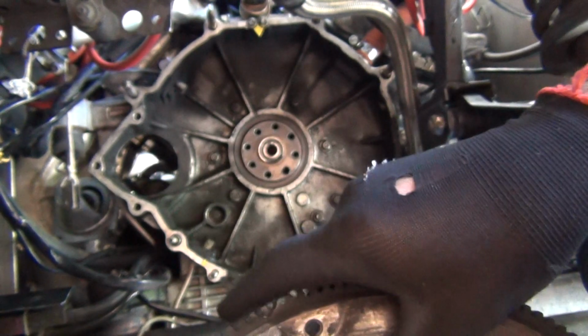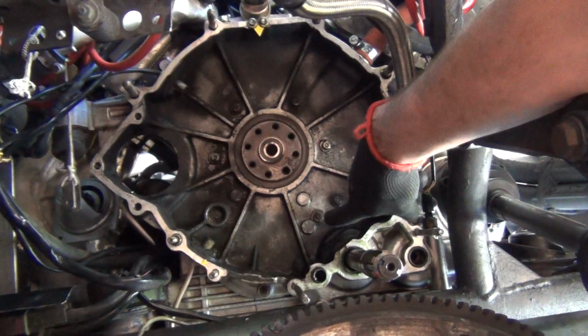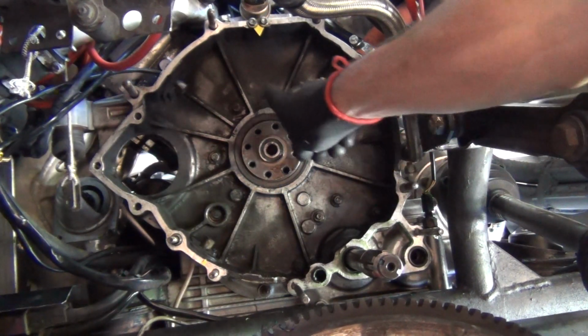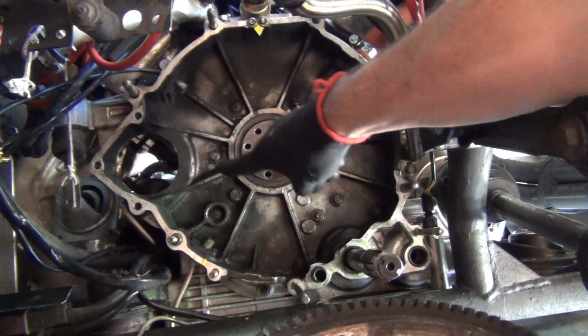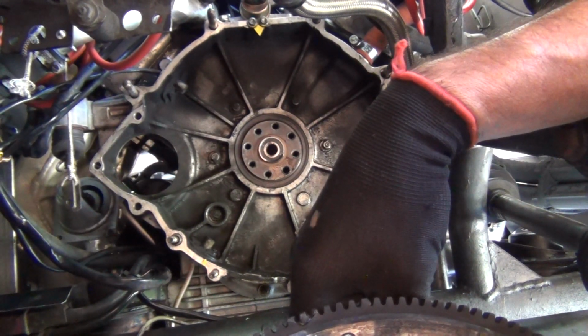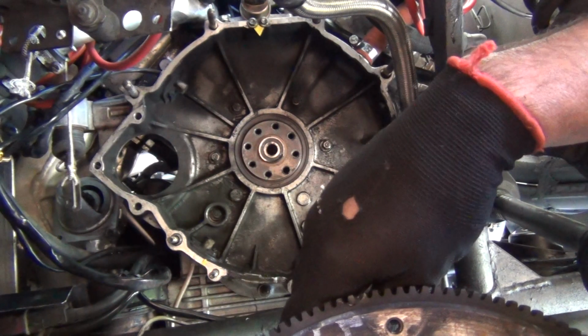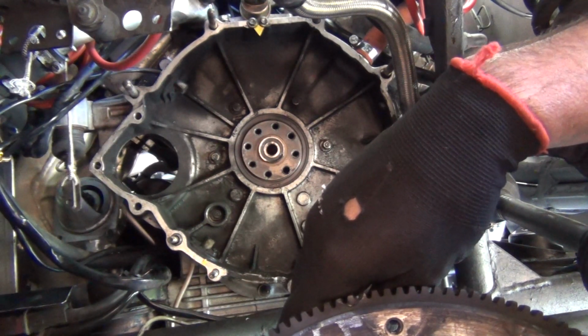Nope. Okay, that's what I figured. Alright, and there's the next job. So these bolts through here are attaching it onto the block, sealing in the oil. Looks like a bit of oil there, so it looks like there is a mild